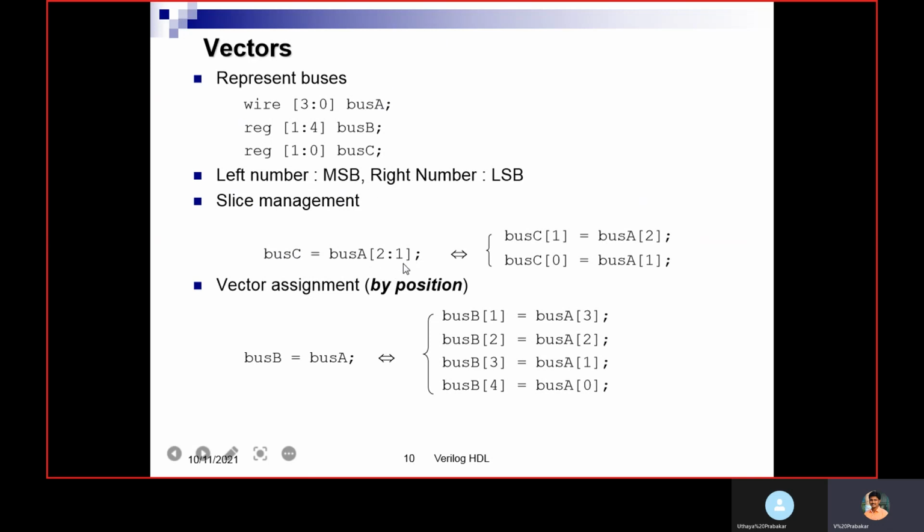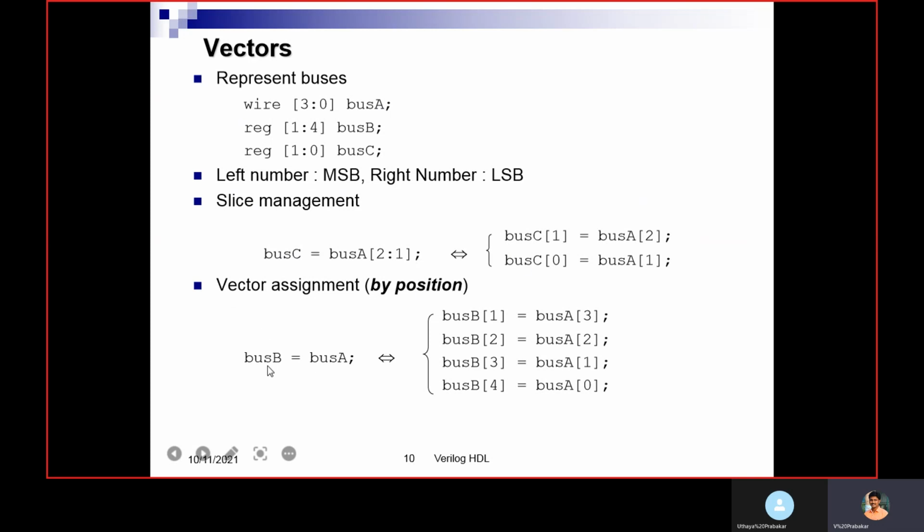If I mention like this, bus A of 2 is assigned to bus C of 1 and bus A of 1 is assigned to bus C of 0. Only a particular slice will be assigned to bus C.